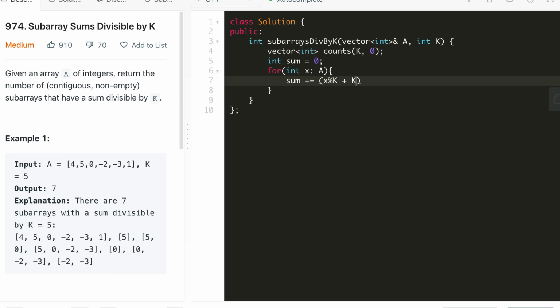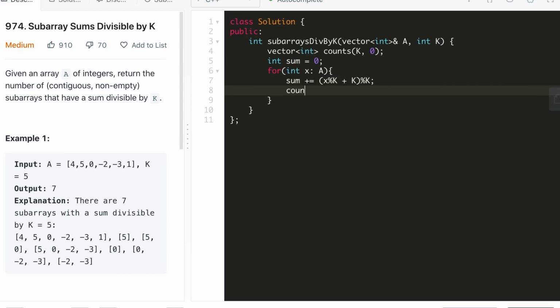So if it's negative, it will become positive. But if it was already positive, then adding 5 will make it more than 5. So we take modulo again, so that it will always be in the range 0 to 4. And that is what this size is. Its size is k, first index is 0, last index is k minus 1.